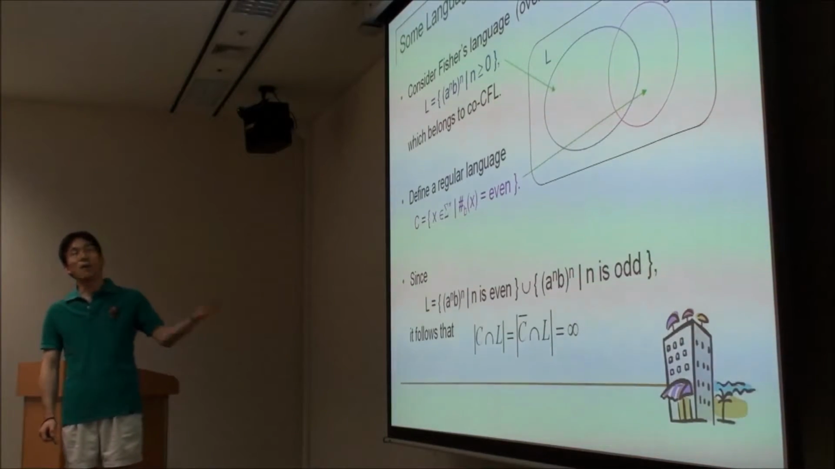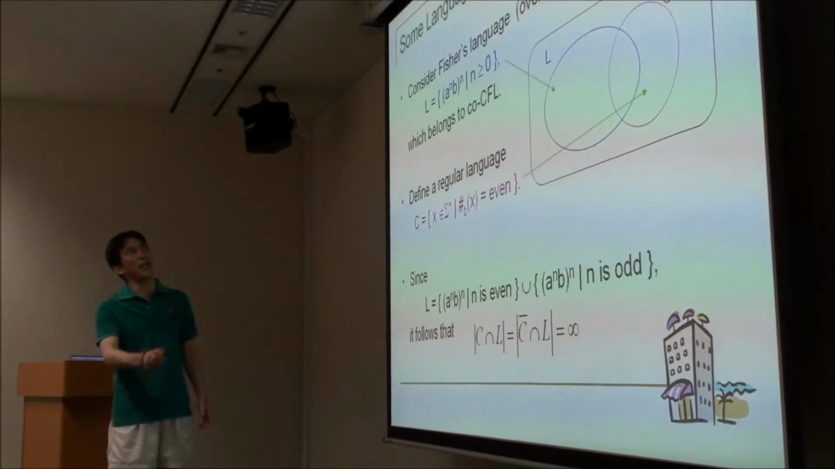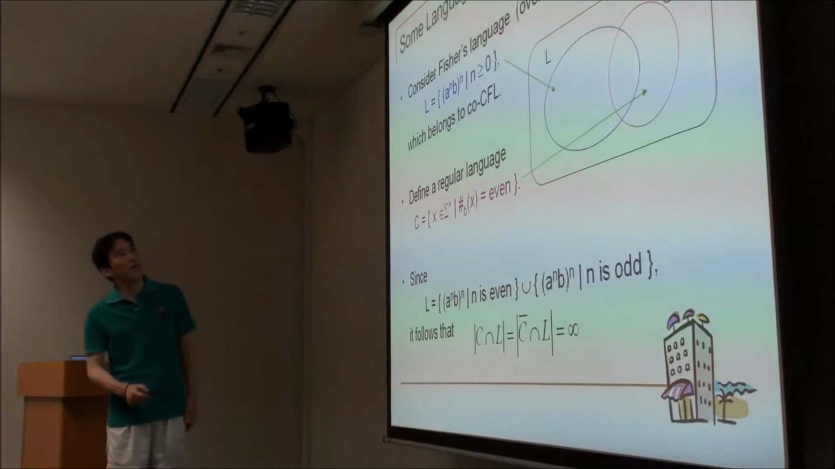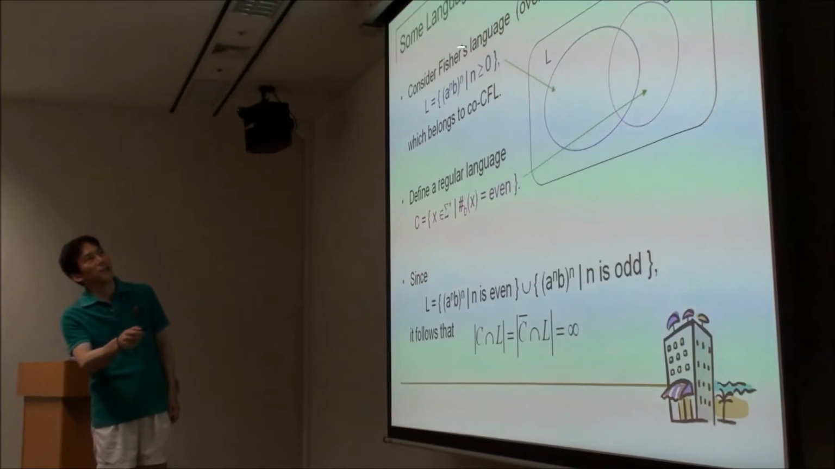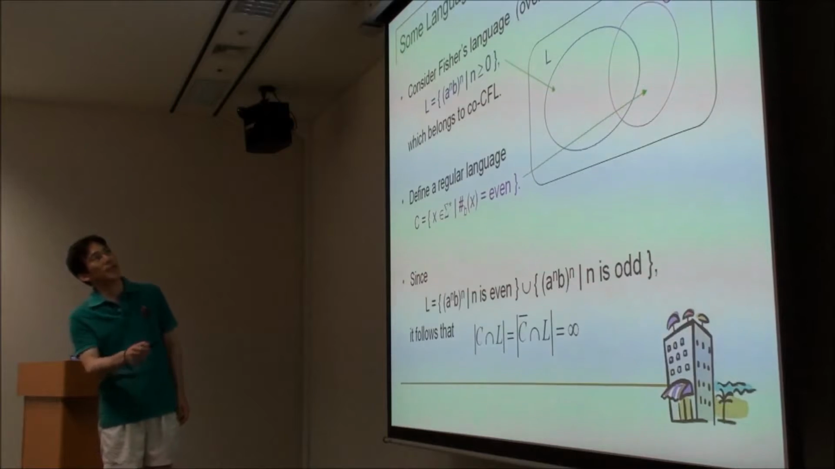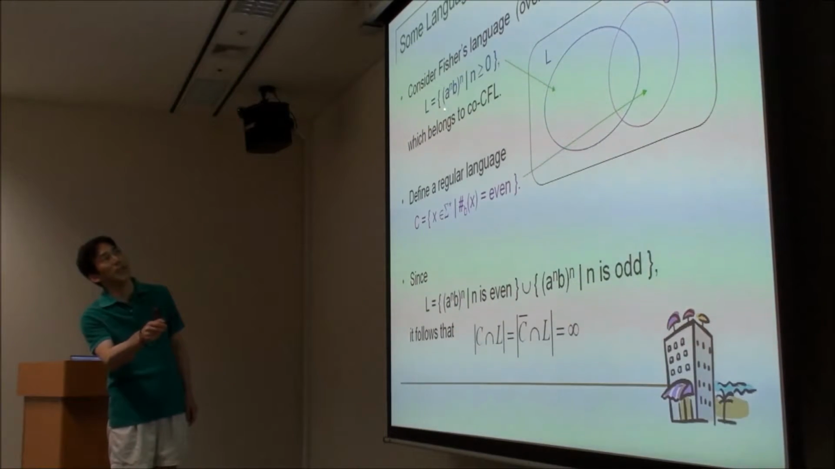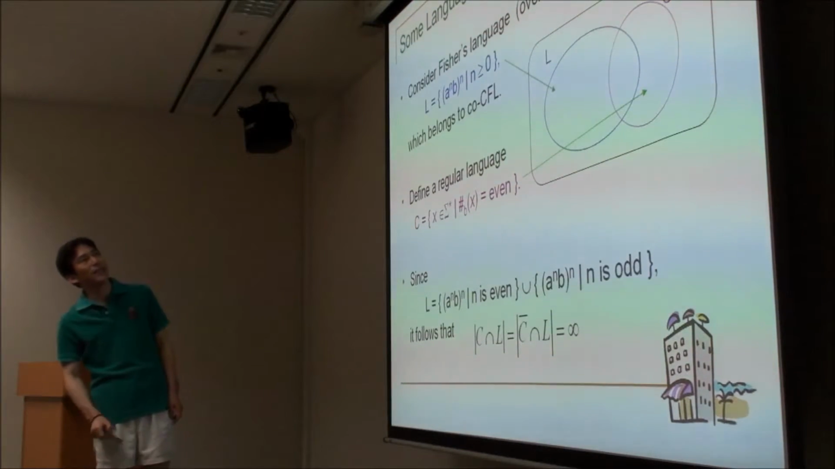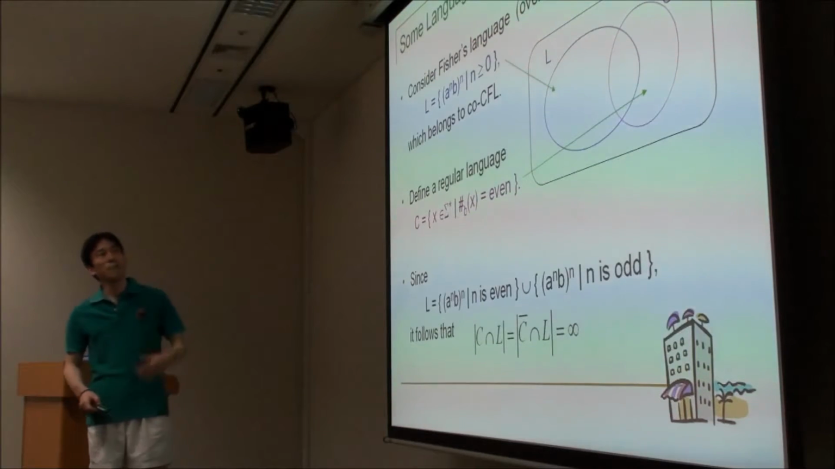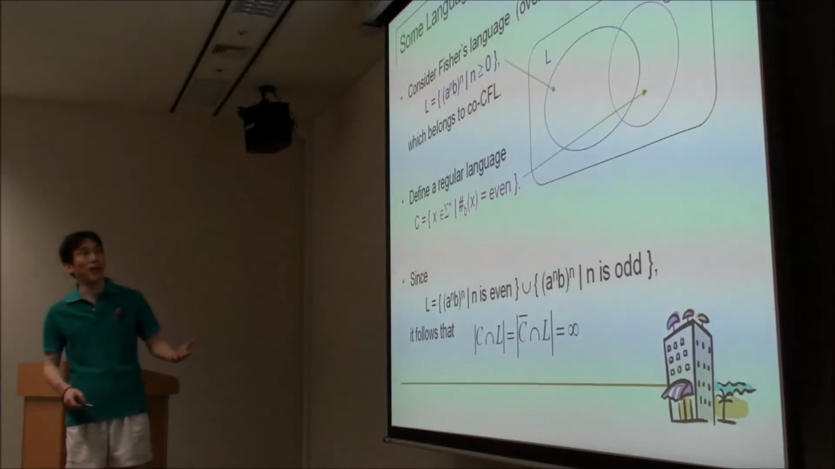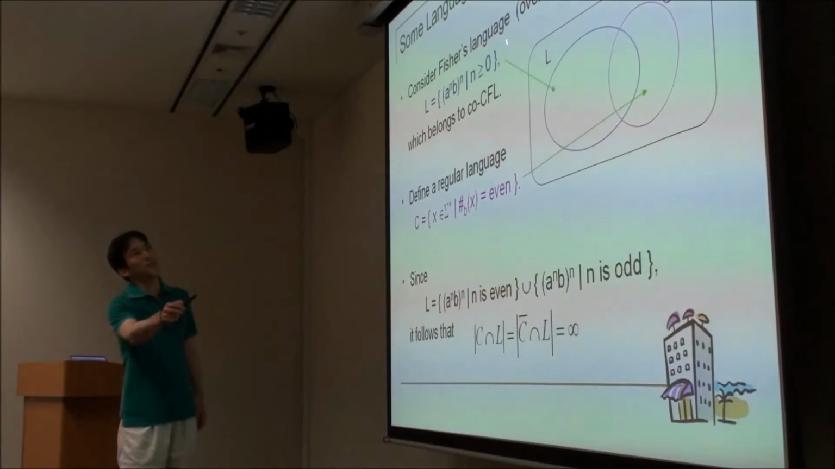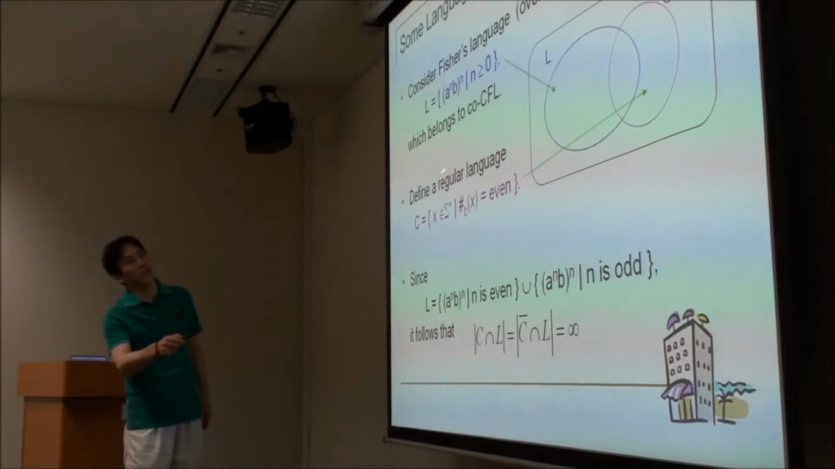So what about the complement of CFL, the co-CFL? Take a look at it, for example, the Fisher's language, which is the n repetition of a^n b. This belongs to the complement of CFL, so co-CFL. For this particular language, for example, we can define